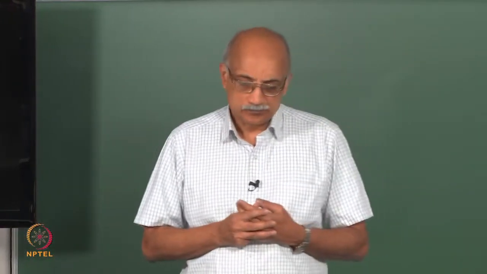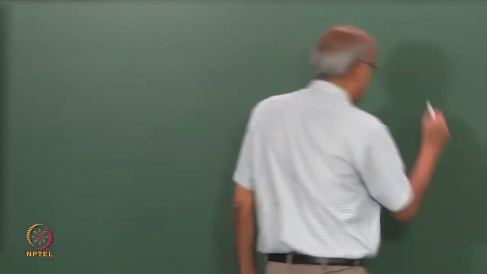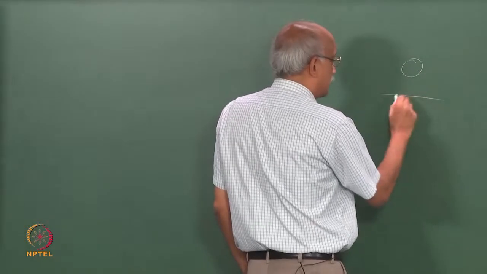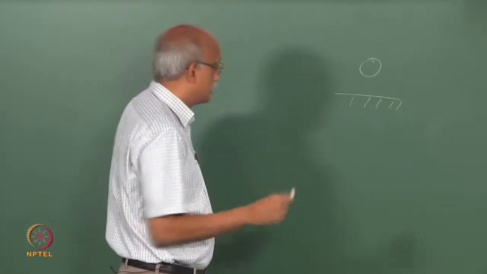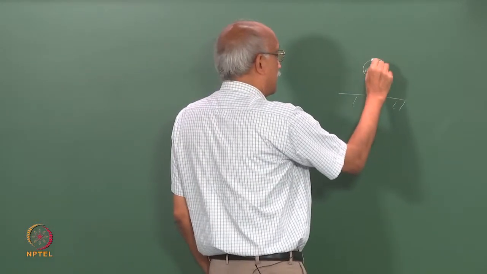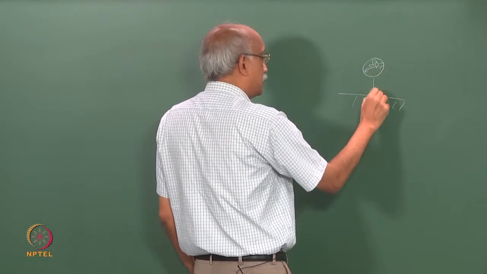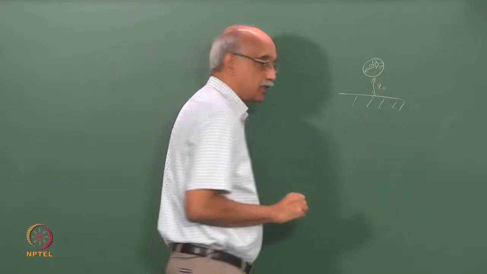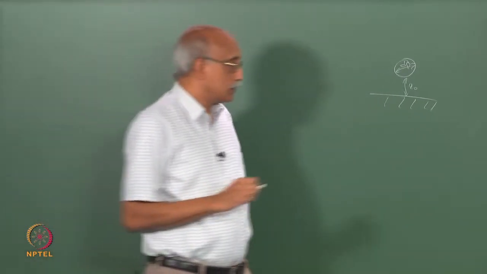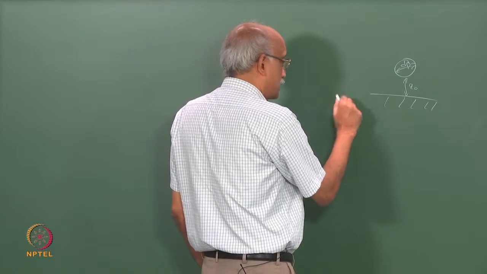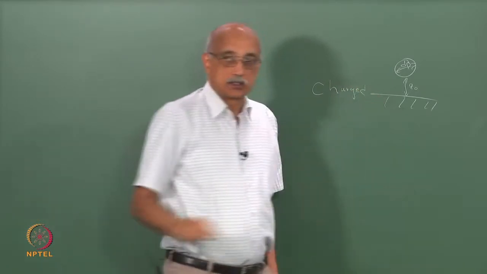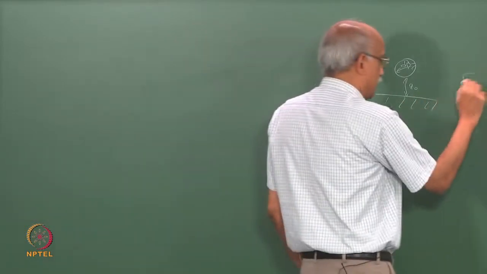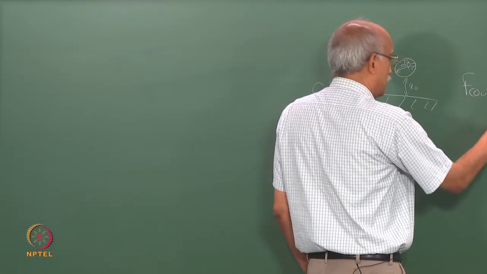And so, the Coulombic force will basically, if you have a particle, let us say in a surface, and they are both charged, and if the diameter of the particle is some dp and this distance of separation is some z0, then as long as both surfaces are charged, a Coulombic force is set up between them, and the Coulombic force,